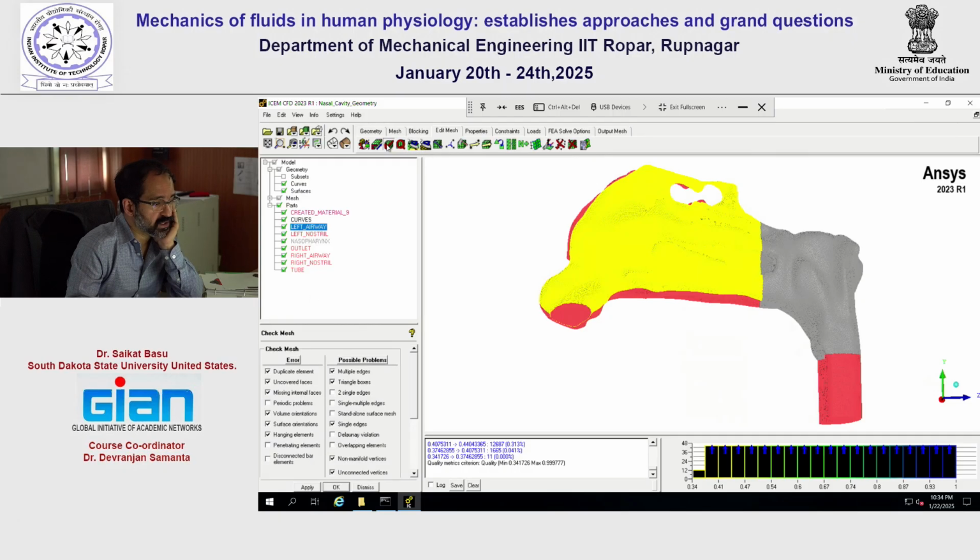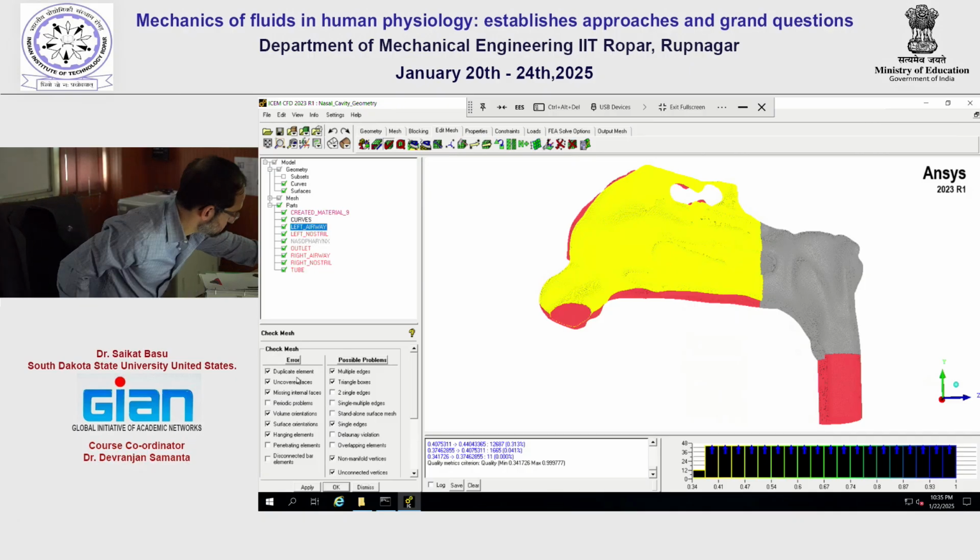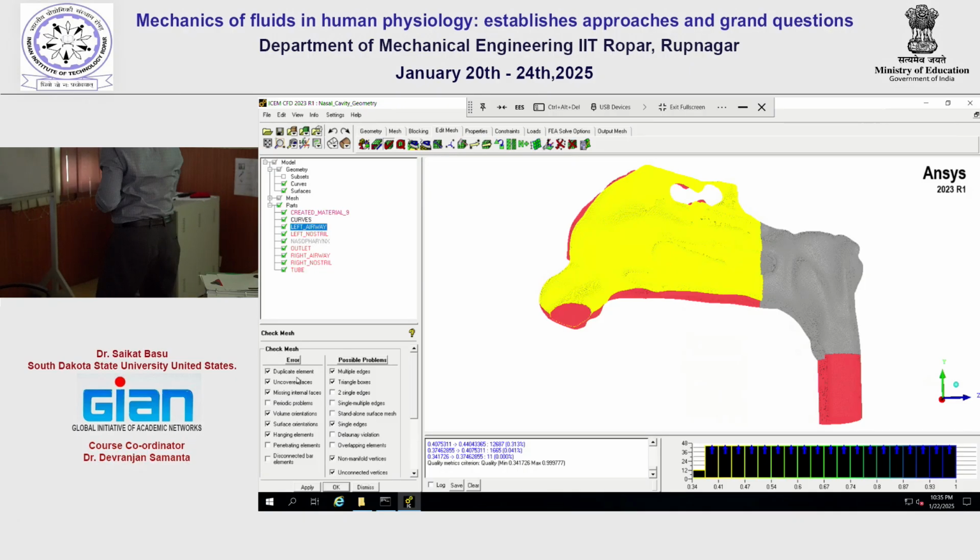This third tab checks the mesh for any kind of errors. So these are the errors that might show up. You can read them, but the most common error that I have found happening is there is a hole in the mesh. Or when we have done the segmentation and we have built the geometry, there are some hanging elements. So there's some hanging part somewhere. The reason why this happens is when you are doing the segmentation,